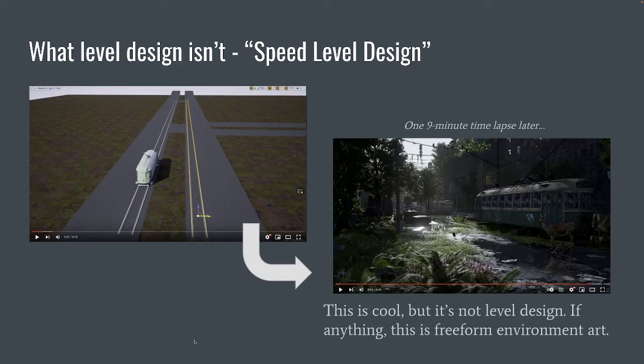Let's start off with what level design isn't. This is one of those things that misguided me when I was first starting out. If you go to YouTube looking for tutorials or where to start and you type in level design, occasionally some of those search results are going to be people saying, here's this speed level design that I did over the course of an hour, and they'll take a blank project and turn it into this amazing scene, kind of like what you see on the right,